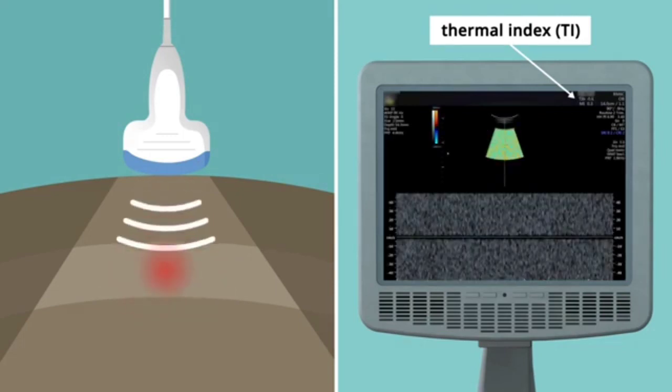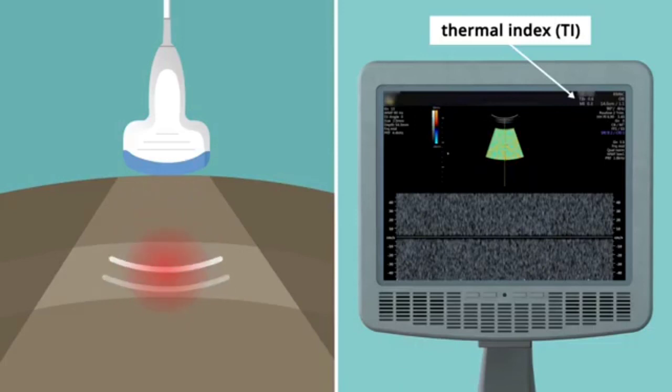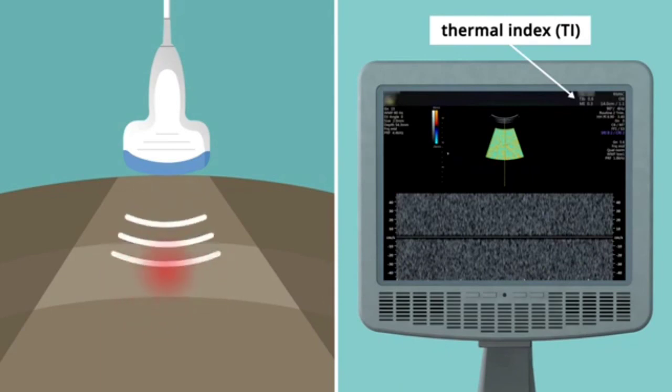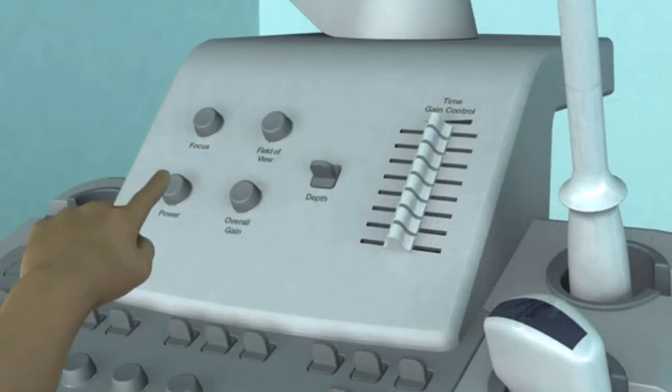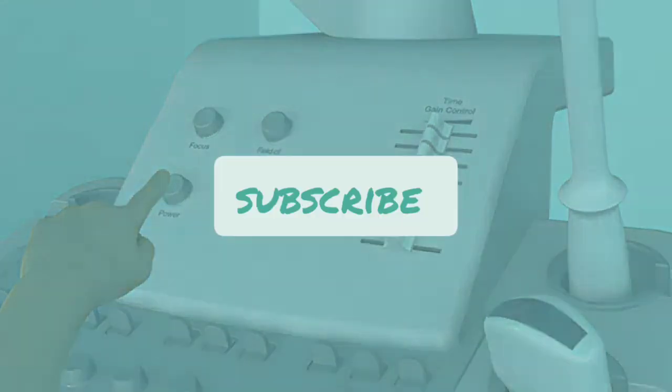Doppler sonography uses a pulsed signal which creates a lot of heat and has the highest TI. For this reason, Doppler should not be used in the first 12 weeks of pregnancy unless clinically indicated. In general, the higher the strength of the ultrasound signal, the higher the risk of causing damage to tissue. For this reason, the